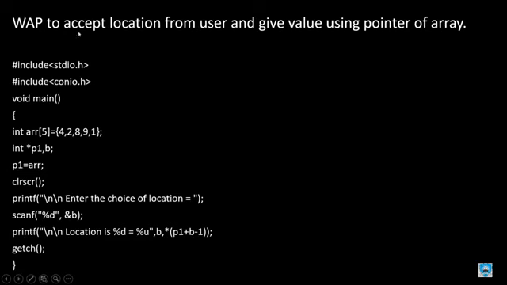We include stdio.h and conio.h. conio.h is a particular library file or header file that is a necessary part. Then after void main, here we declare an array of 5 elements, the 5 member elements are 4, 2, 8, 9, 1. Then I declare a pointer variable, int *p1 and b, and p1 holds the array.